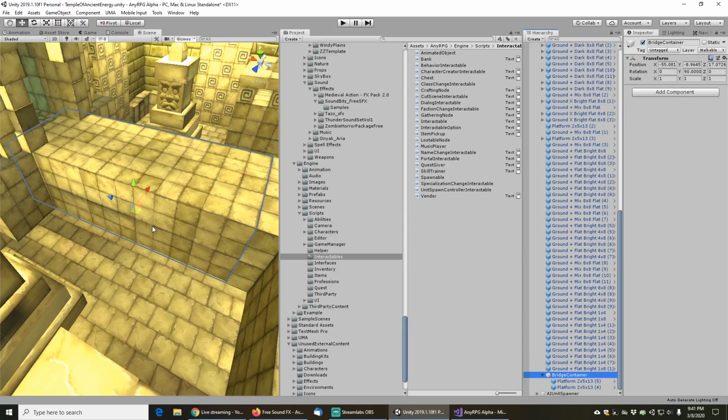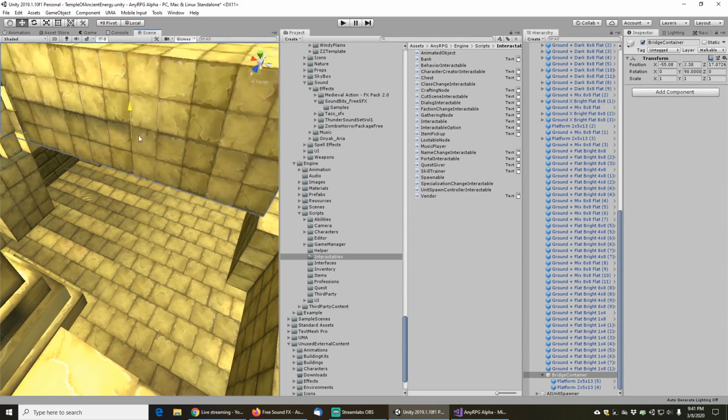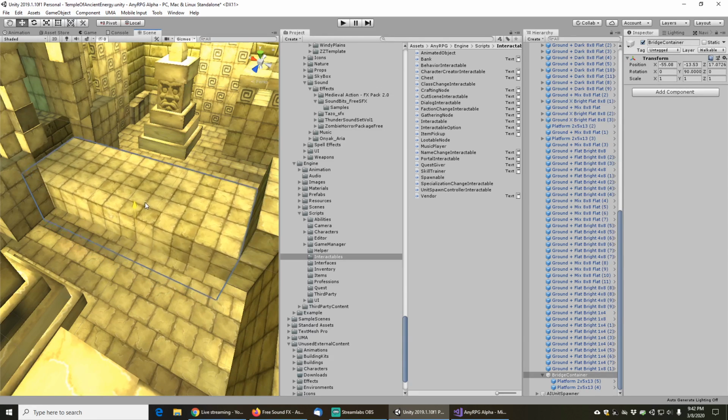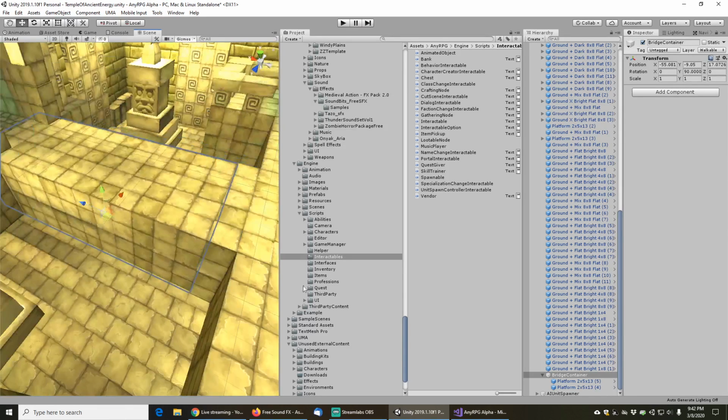So now I have the entire bridge, and I can basically move it up and down. So what we'll do is we'll have it start way down here, and then we'll click the button and move it up so that we can walk over this great big hole over there. So to do that,